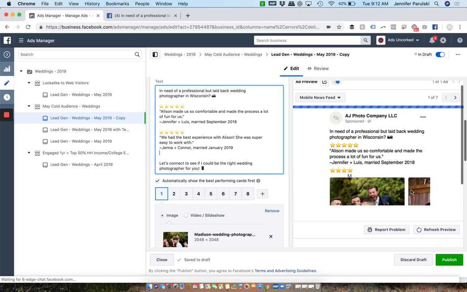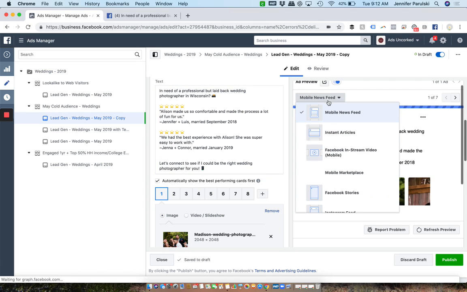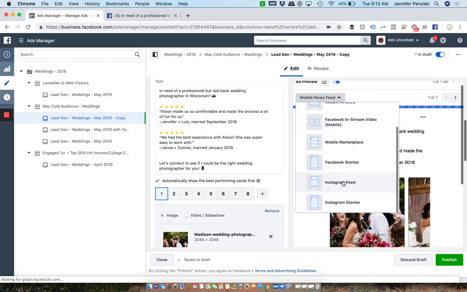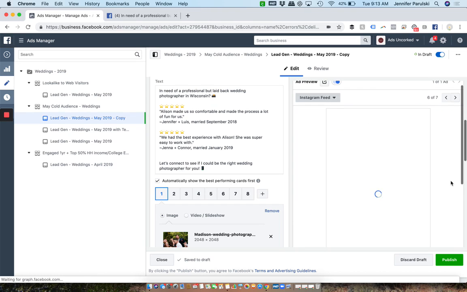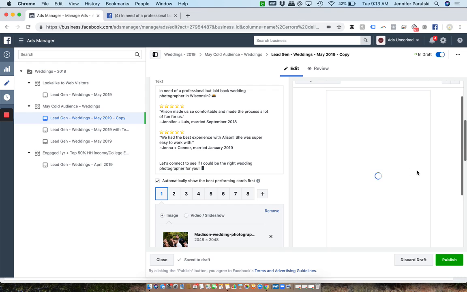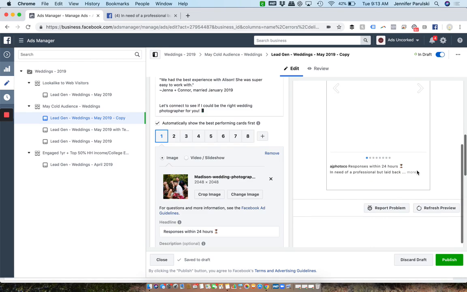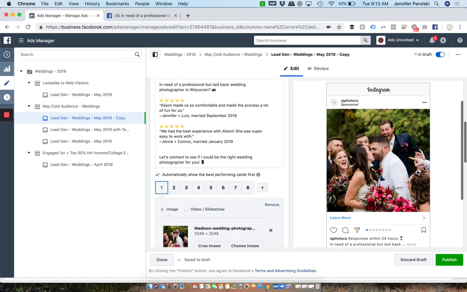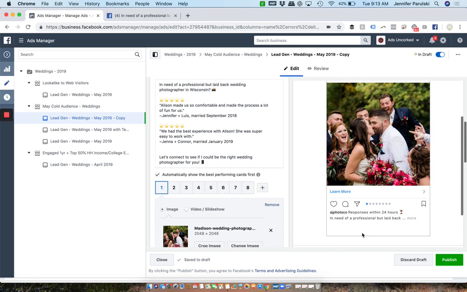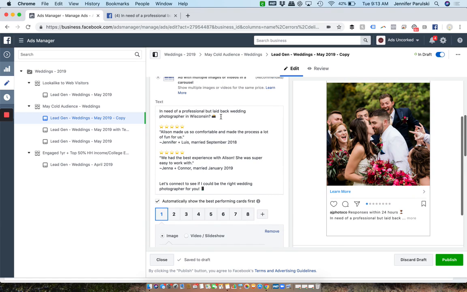Yeah, they can. All right, so this is what it looks like on mobile. I'm actually going to check and see what it looks like on Instagram feed as well, because there's a chance that they aren't going to see enough. Okay. Yeah, I'm really glad I checked here because take a look. Do you see how we can't even see that testimonial yet? So what I'm going to do is